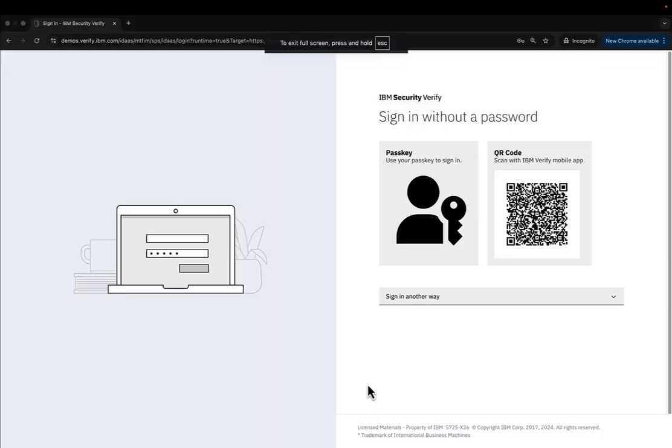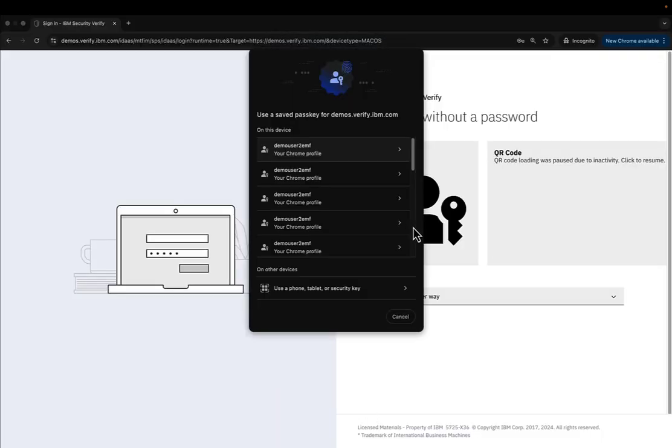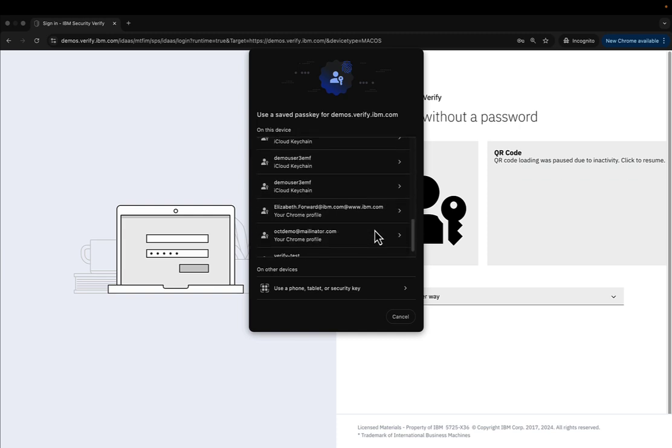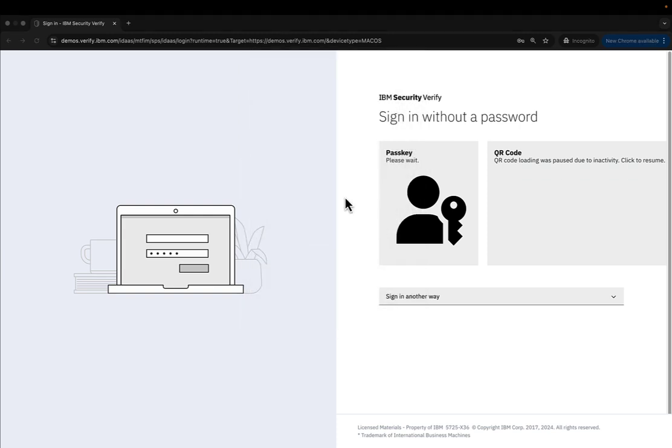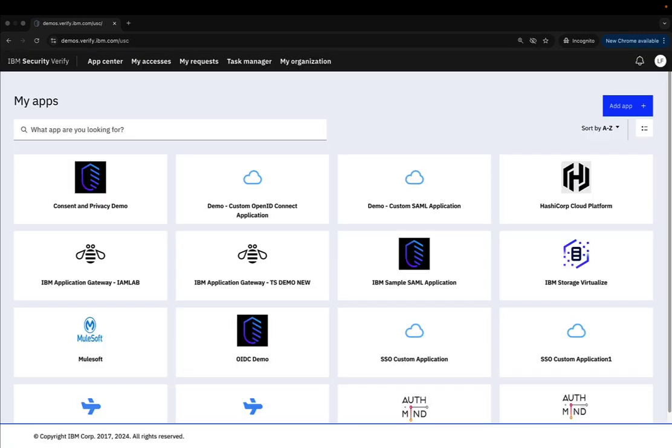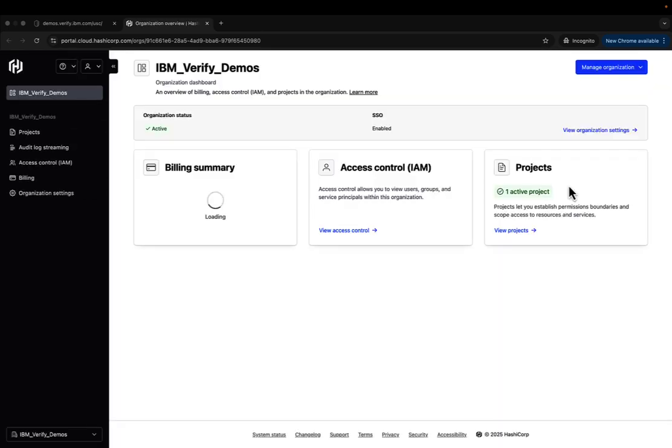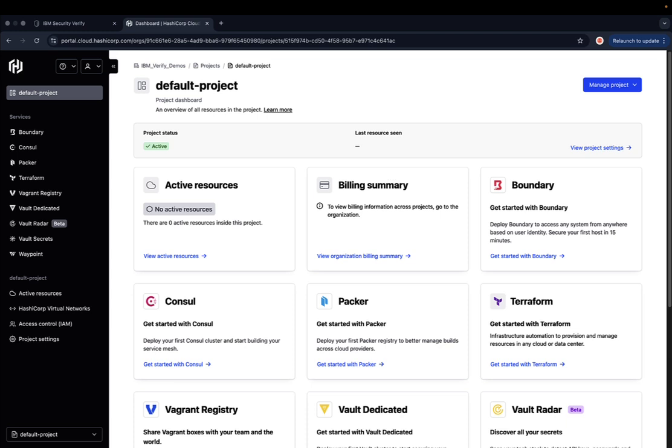Now I'd like to show you launching into HashiCorp Vault from Verify itself. So once again, I'm going to log in with passkeys, and it's as simple as just putting my finger on my fingerprint reader on my computer. And with that, I am single signed on into the Verify platform where I can see all the applications I need to do my job. And I'm going to launch into the HashiCorp Cloud Platform. And I'm automatically provided access, but we can also do things more than just SSO, like account synchronization,